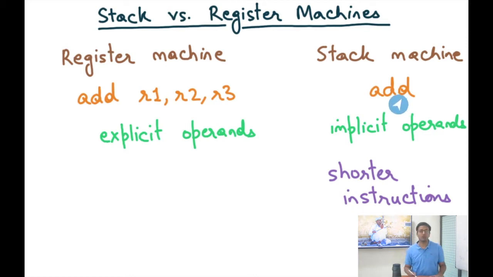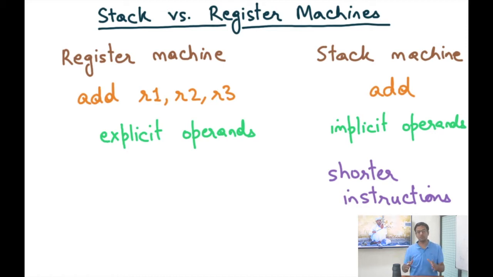Well, you could argue, although the instruction size is smaller, you may need more instructions to perform the same number of operations. But overall, for typical types of programs, it is usually considered that it is possible to implement them using shorter code size on stack machines than on register machines. In fact, this was one of the reasons why the Java virtual machine bytecode